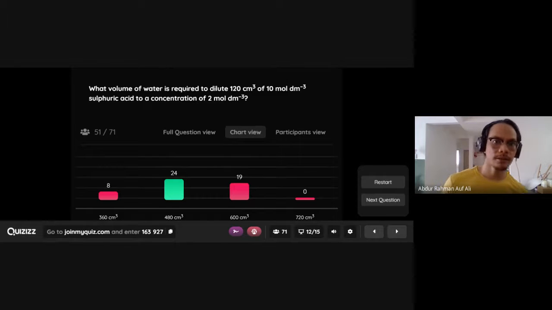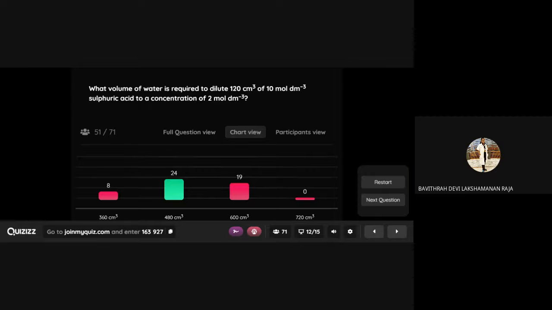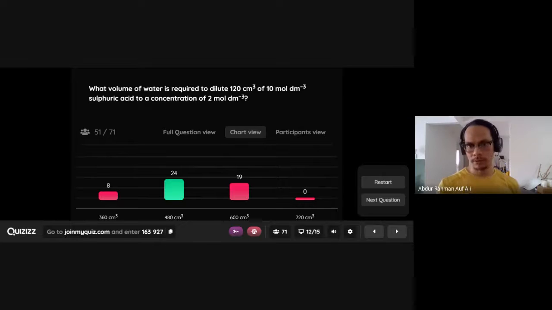Ada anybody nak explain kenapa macam mana boleh dapat 480? So that I can understand kat mana kamu salah? Sir, tak perlu tukar sentimeter cube kepada... tak perlu tukar unit ke sir? Tak perlu tukar unit. Okay, so kalau macam mana nak tahu kalau kamu perlu tukar